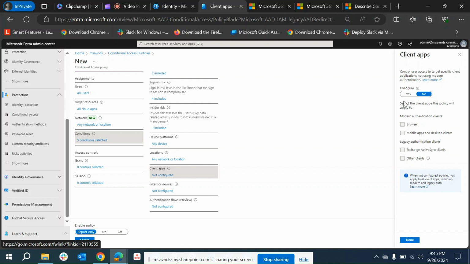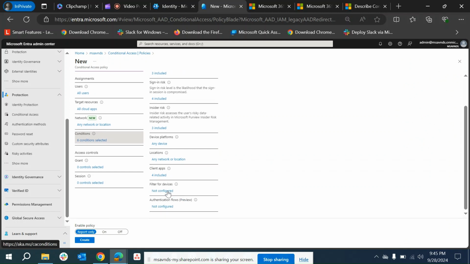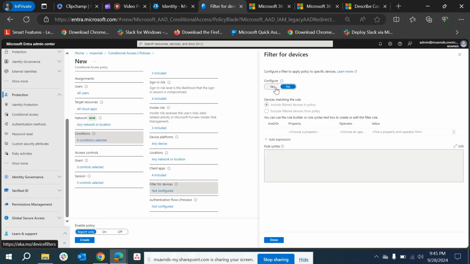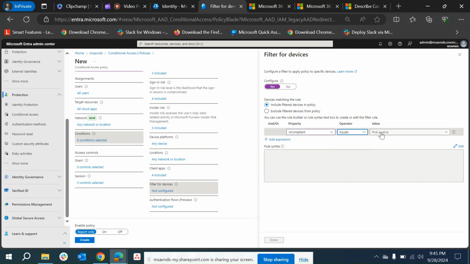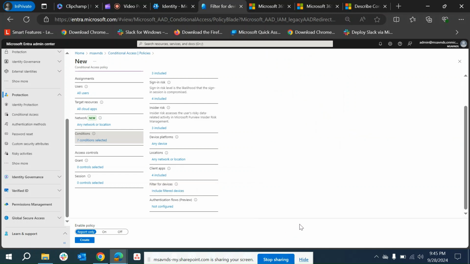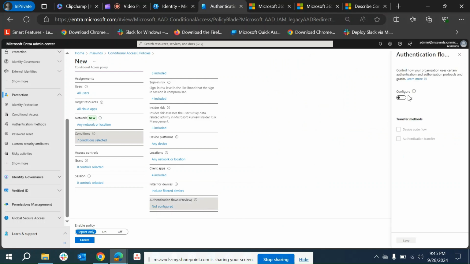So under client application, we have a bunch of options. So we can target all of these modern authentication as well as legacy authentication clients and then set it. And then the filter for devices. So here, this is very interesting. Let's say is compliant equals to true, then yes, and then again authentication flows, we can set it to yes or no, then we can set it to